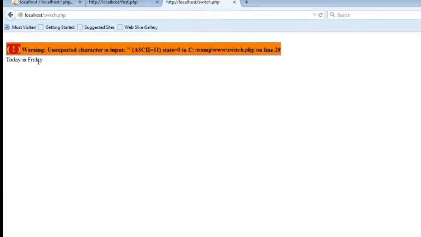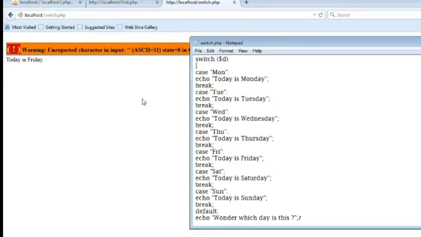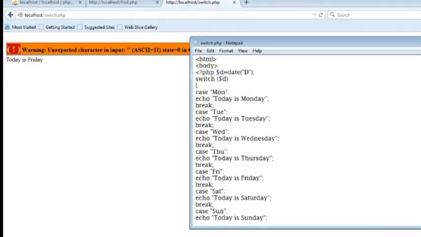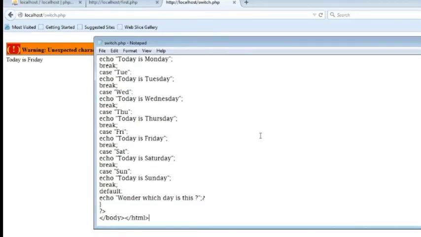Actually today is Friday, so that is the correct answer. What is the error in my line 28? I want to check it. You get the answer, but you want to check where the error occurs.